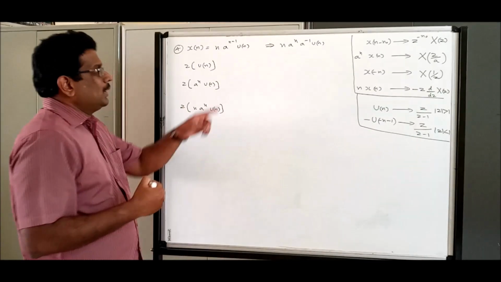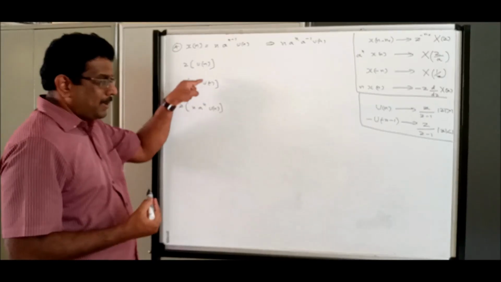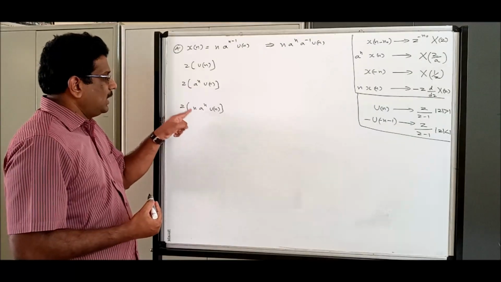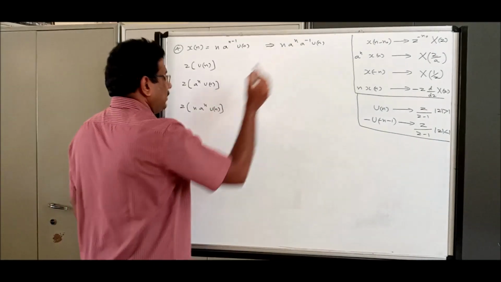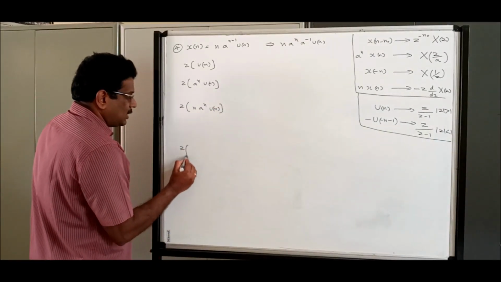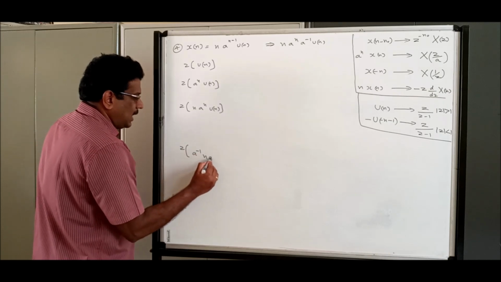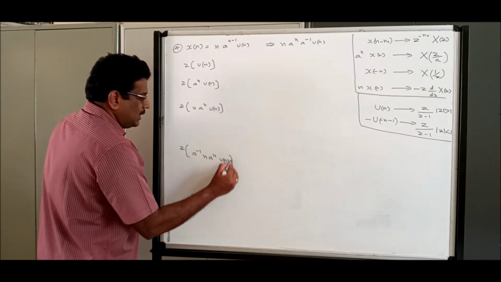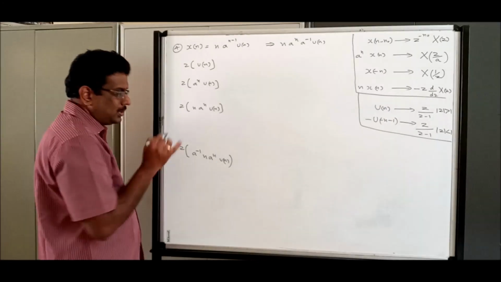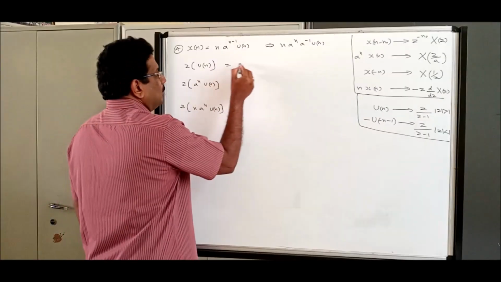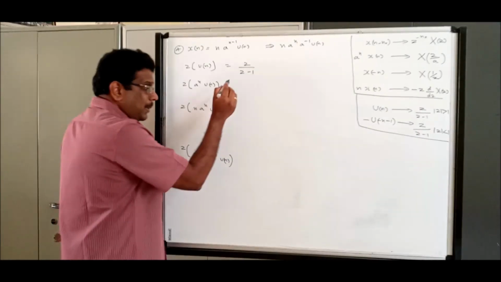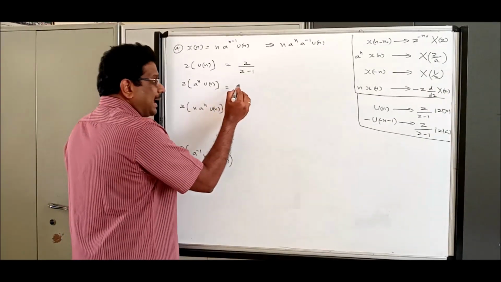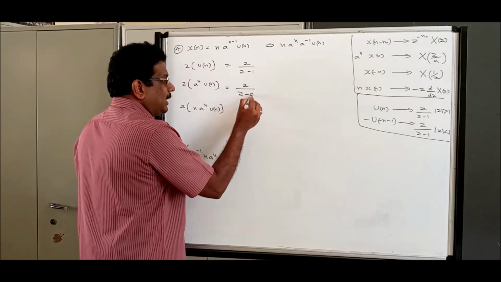See the flow? u of n is the basic, a power n is multiplication by exponential. Next, differentiation in the z domain. Still one more term is required, that is a inverse: z transform of a inverse n a power n u of n. This is the way you should solve the problem. This is the final step. So, z by z minus 1, careful, z by a, but I told you, you should be talented enough to write the answer directly.